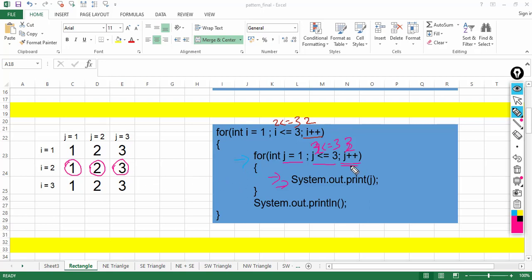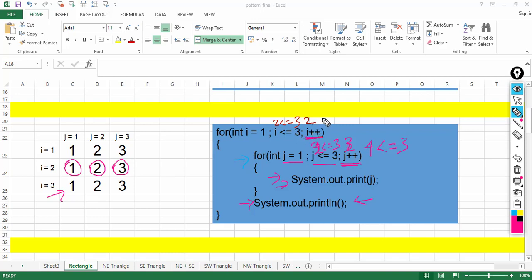Then control comes to the update part, j becomes 4, condition becomes 4 less than equal to 3, which is false. Control comes outside the inner loop and there is a statement here, System.out.println, it takes the cursor to the next line. Control will come to the update part of the outer loop.